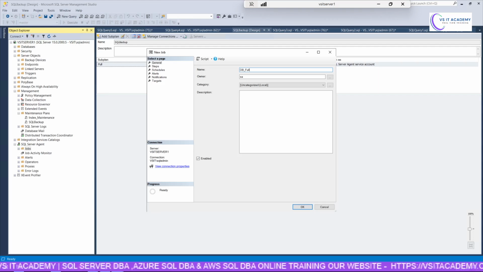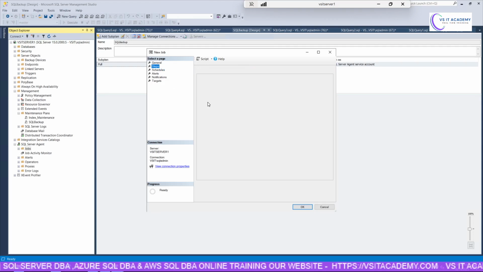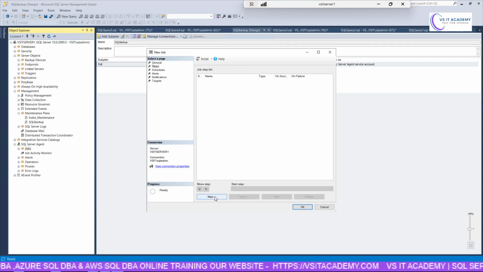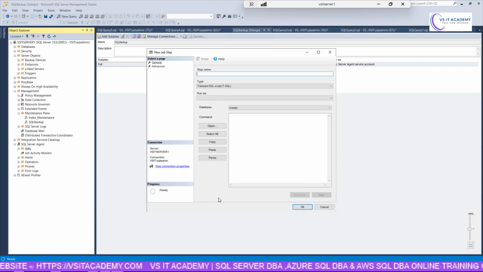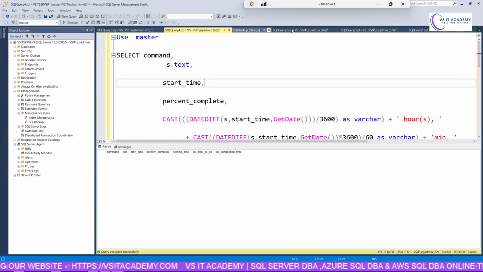I'm creating it manually, and steps, new. I will show you the other process also. Then the maintenance plan will work with that. Click on new. Here the step name is full backup. Here you can give the script, either the Ola script or any other script. A manual script also works. If you want to take this backup script,